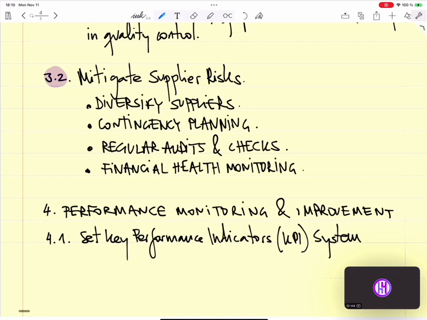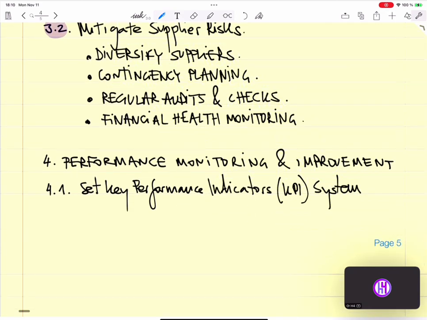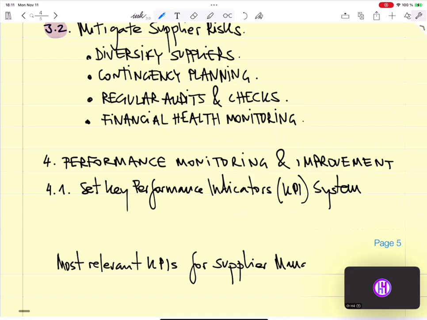The list of the key performance indicators is humongous. It can be, but the most relevant KPIs for supplier management are,